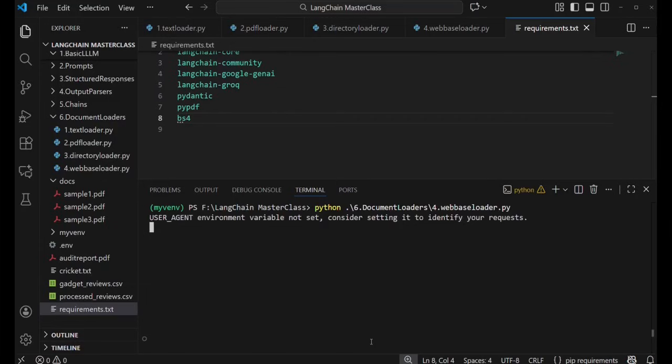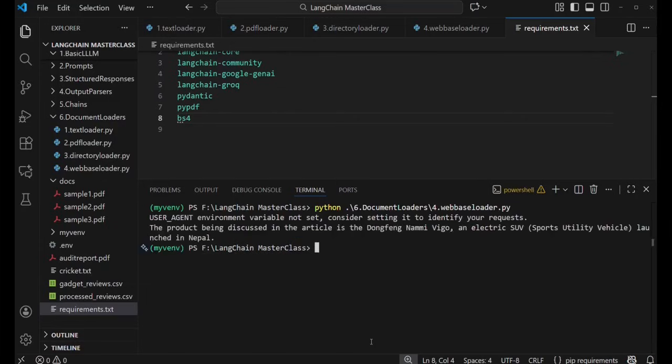So it will try to scrape the content from the page and then try to answer here. So the product being discussed in the article is the Dongfeng Nami Vigo, an electric SUV launched in Nepal. So this is our answer. So this is how we can use web-based loader and basically scrape content from any website or any readable website, and then basically build a